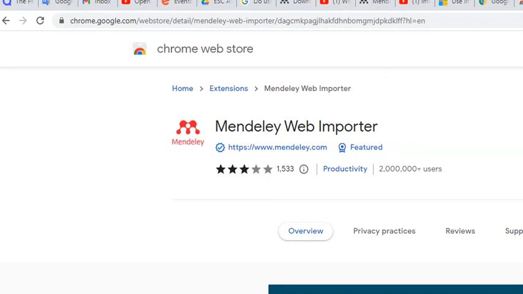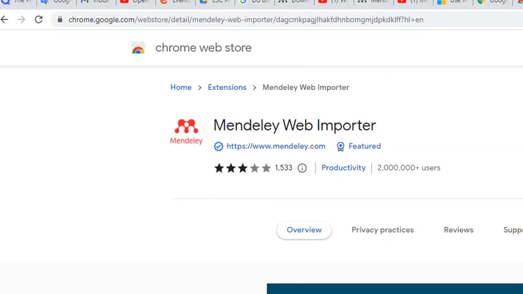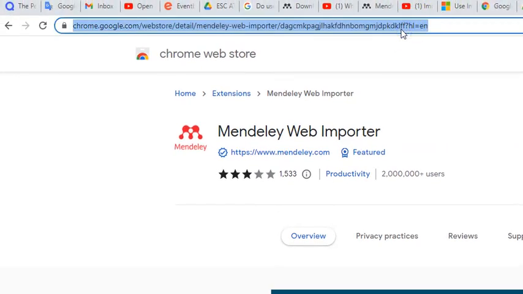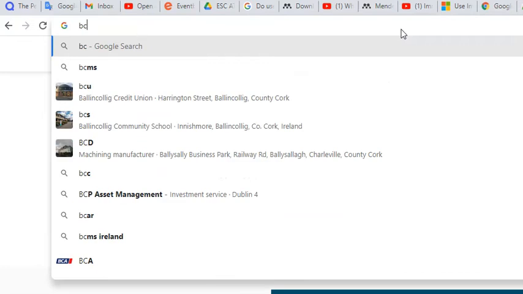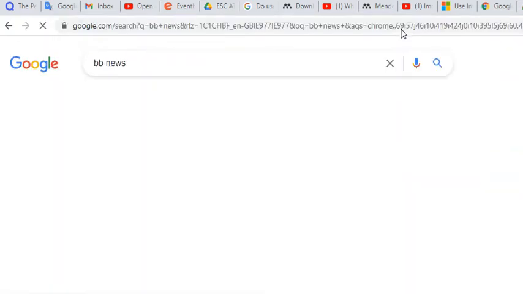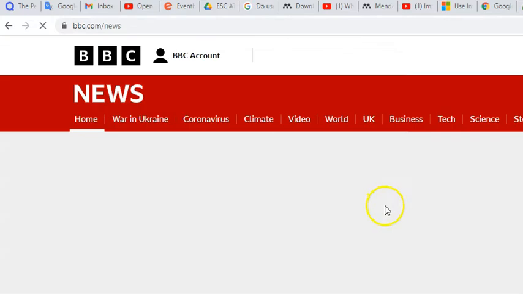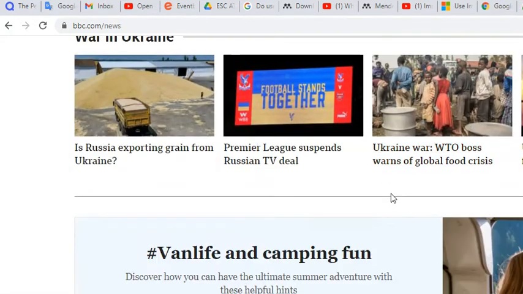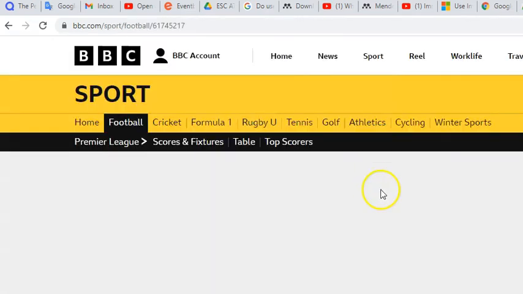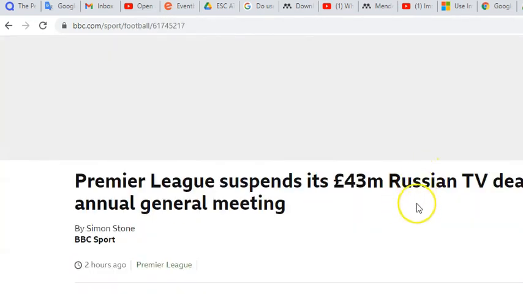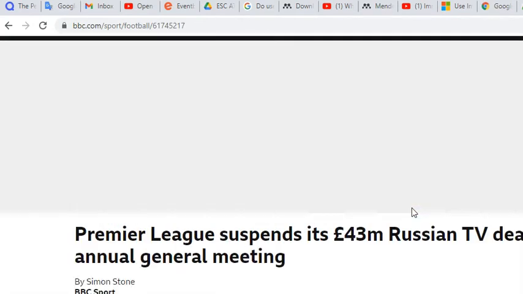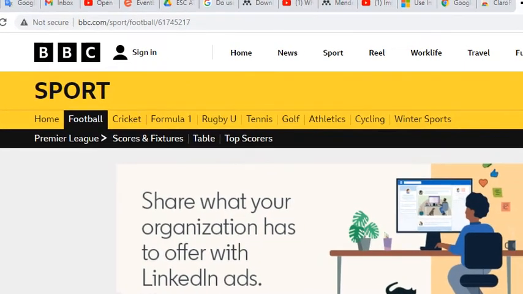And then it's a simple case of locating a video or locating a website to cite. So if I just go in here now into, say, BBC News, I want to cite something in here. Okay, so if I click on this link here, this is an article in relation to sport, Premier League, and I want to cite that. I simply go over